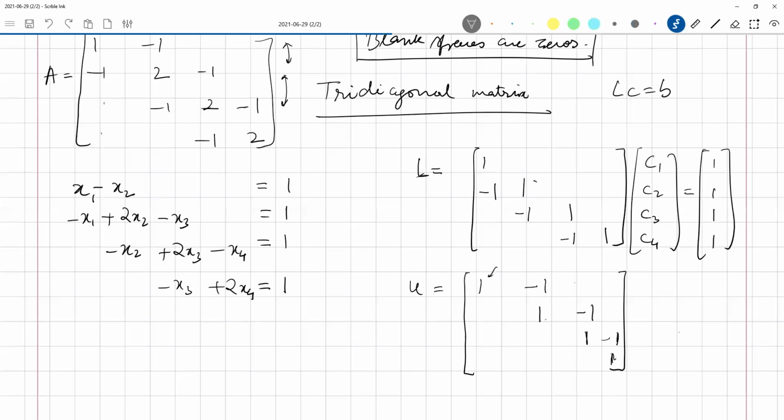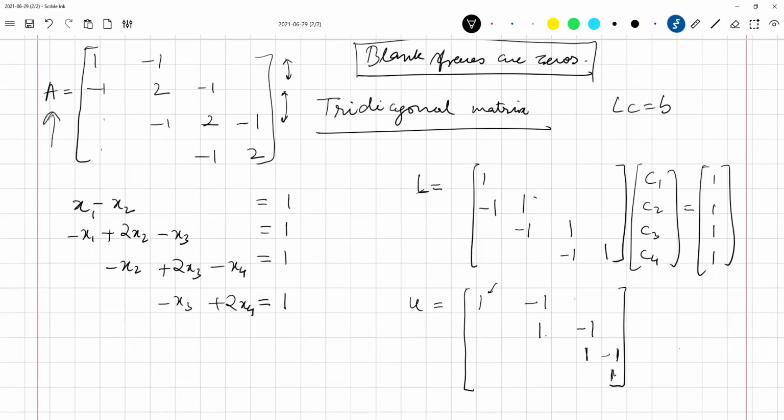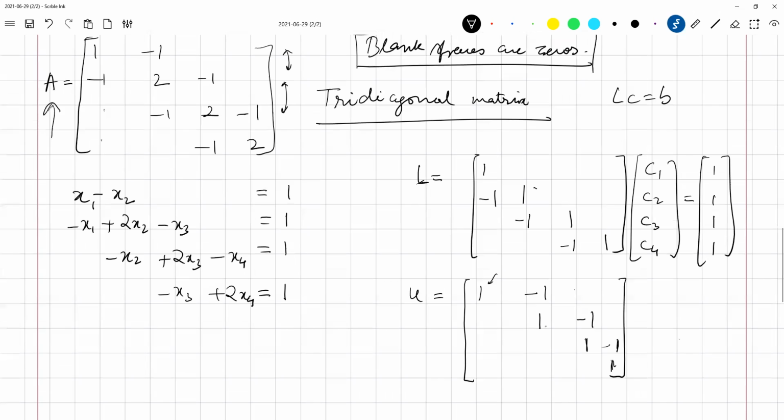If this is this matrix, does A correspond to this or no? Is the A we have written here the same as this? Yes, sir. This A is the same as the matrix corresponding to this set of equations. So LU will be this. We just calculated that. So multiply LC is equal to B, and you will get the value of C.